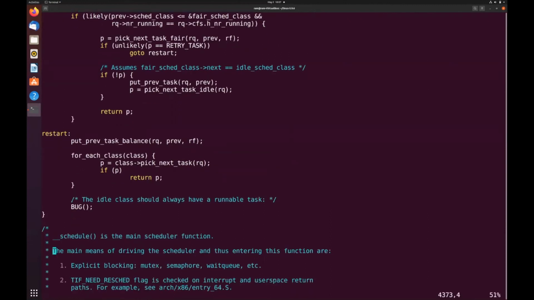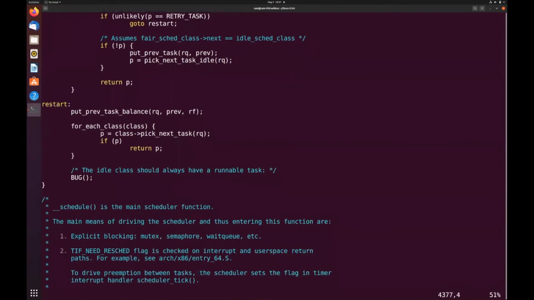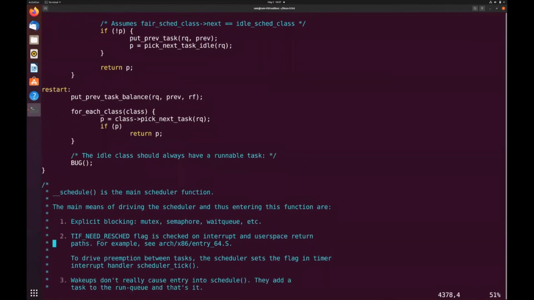So this is the description of the main schedule function call. Here you can see it is saying that the main means of driving the scheduler, and thus entering this function, are as follows. This function is called when a process is holding some locks like mutex or semaphores, or it is in the blocked state and waiting in the wait queue.